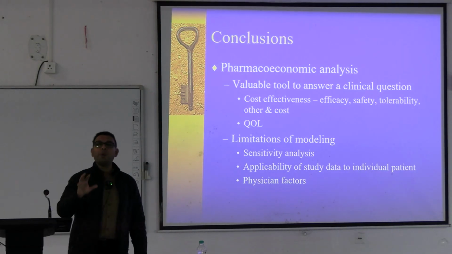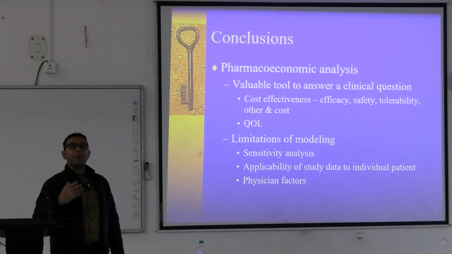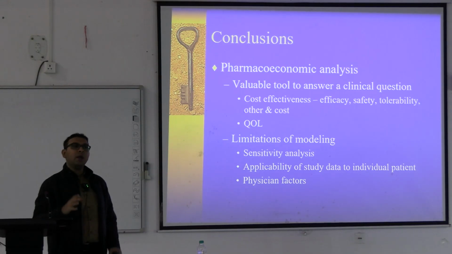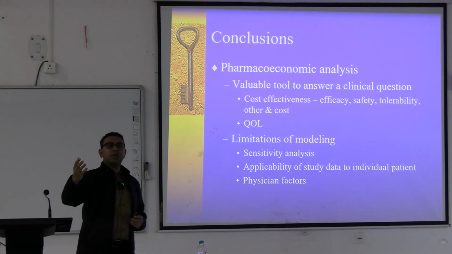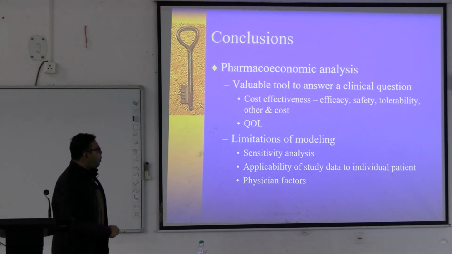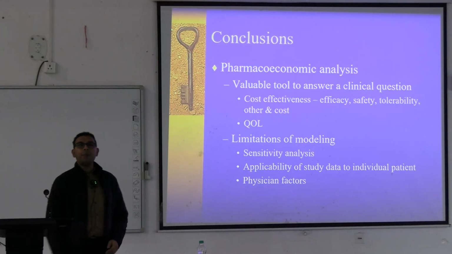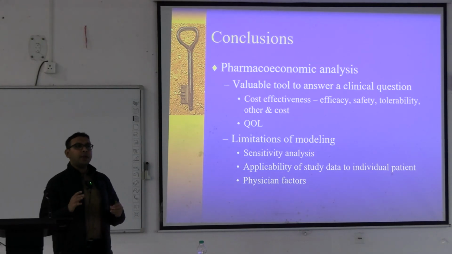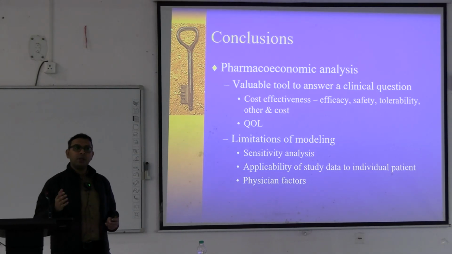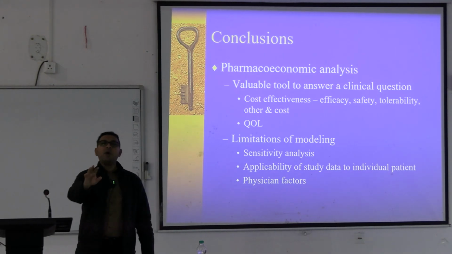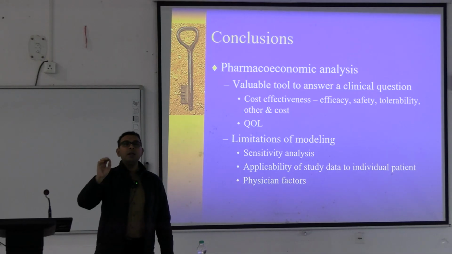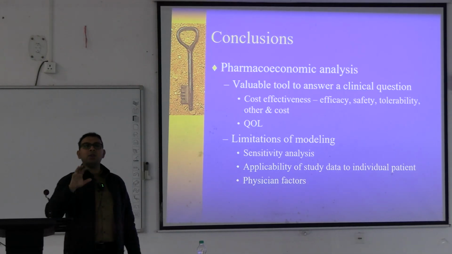For small groups of patients, different pharmacoeconomic trials and researches are continuing for different types of drugs or programs, and from this we can say that this is more sensitive or this is less sensitive. Applicability of the study data to the individual patient is again controversial. Basically, we are averaging this by means of the sensitivity analysis. So for an individual patient there may be change. For an individual patient, his or her income, socioeconomic status, and disease status